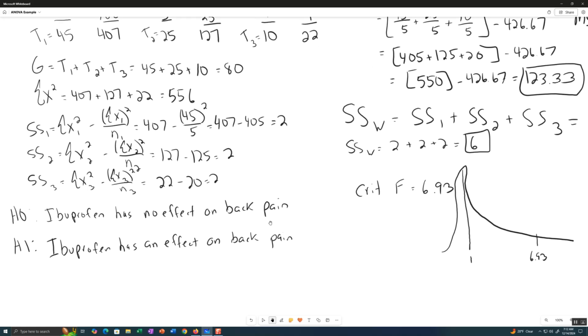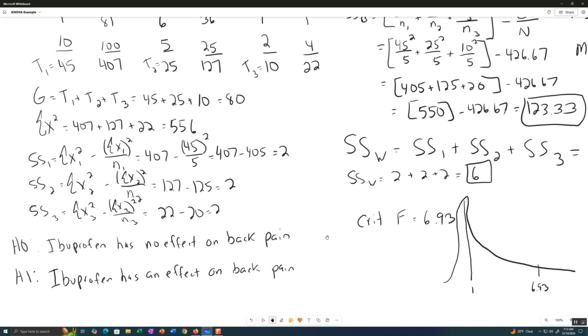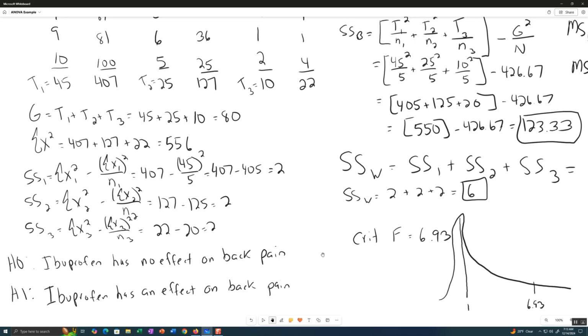Reject the null, and you would do post hoc tests, and it would be Tukey tests, and they're all significant anyway. And we're not going to calculate them because you're not going to need them for the exam. So hopefully that helps you step by step how to do the one-way ANOVA,